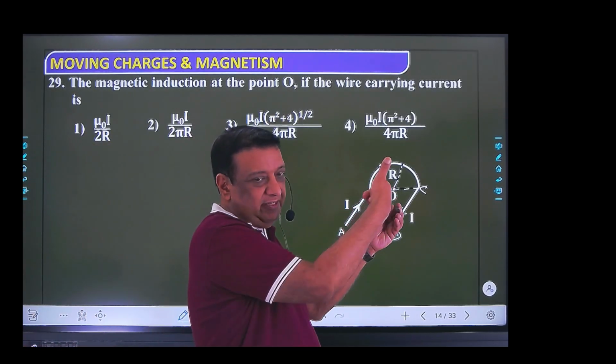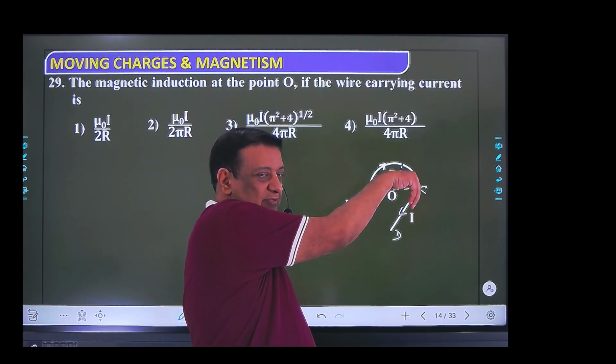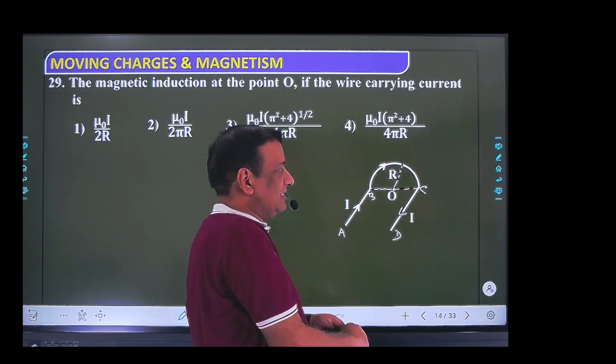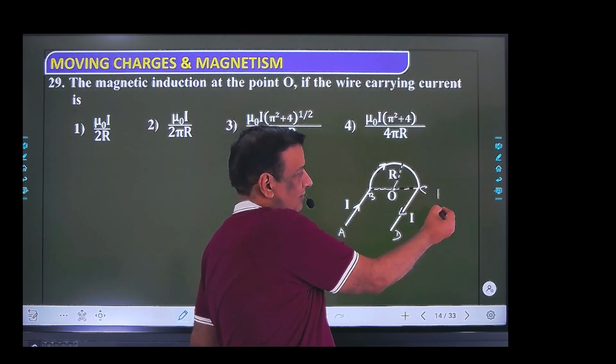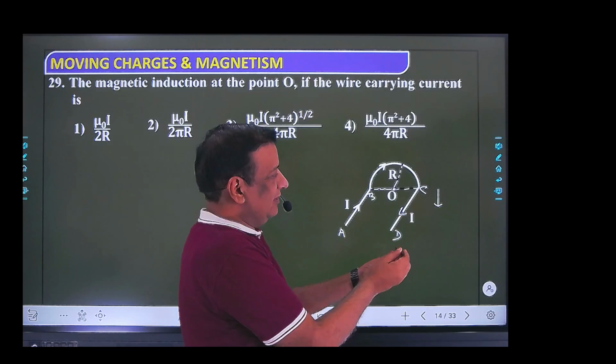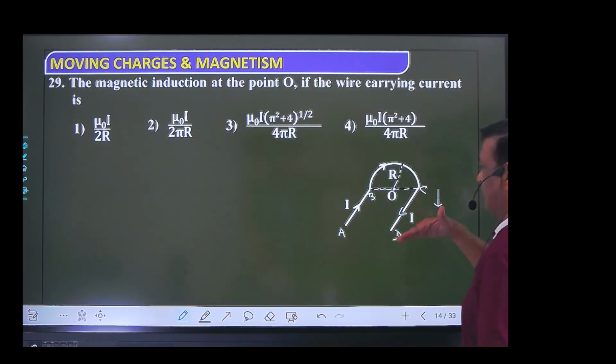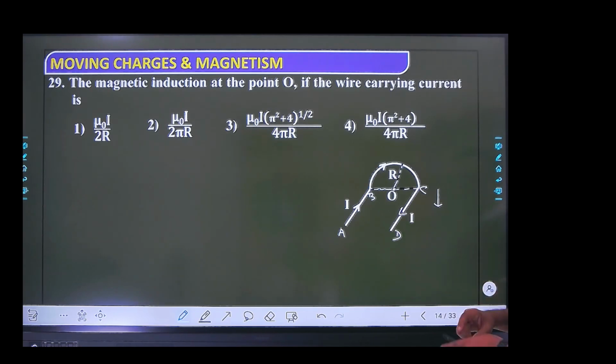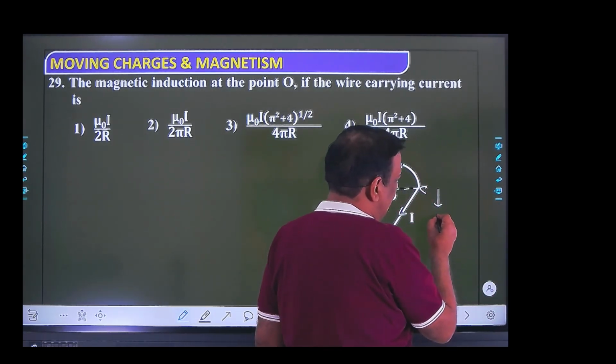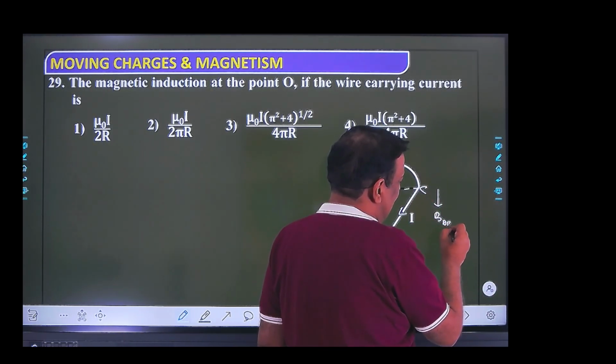AB is current going inwards, magnetic field is इस डायरेक्शन में AB का। CD में current is moving outwards. तो मैग्नेटिक फील्ड एट दिस पॉइंट ये भी सेम। AB और CD का मैग्नेटिक फील्ड सेम डायरेक्शन में है।